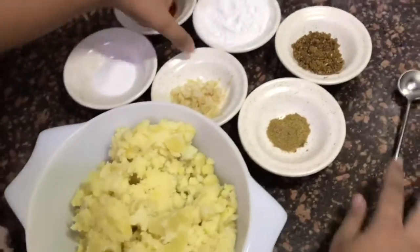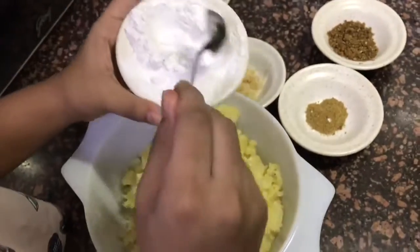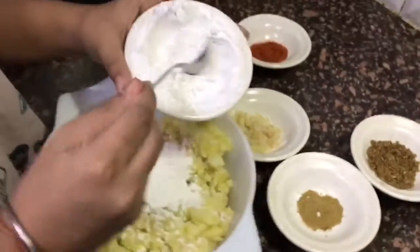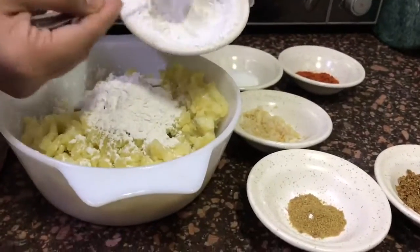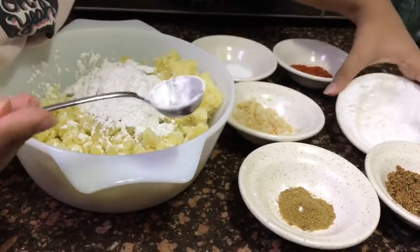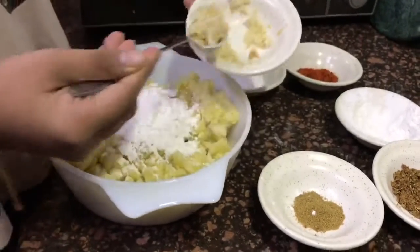Now I will add corn flour to it, 5 tablespoons corn flour, ginger garlic paste,